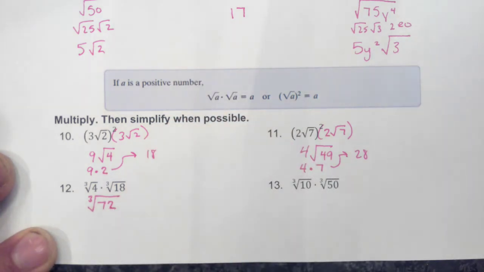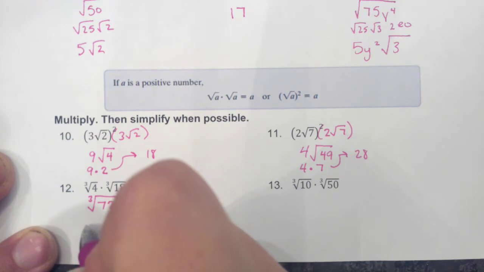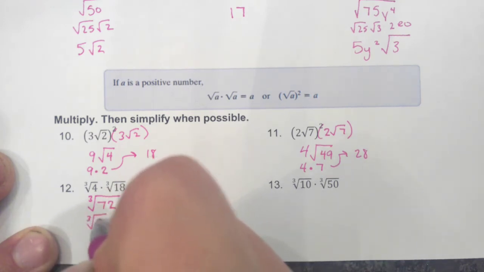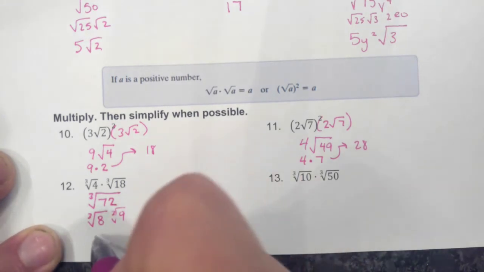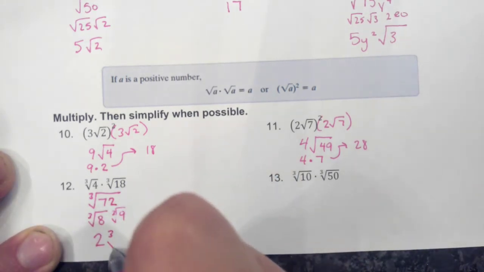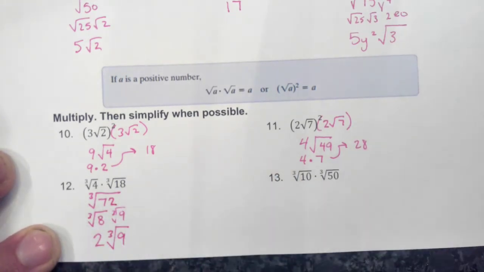What perfect square, or not square, what perfect cube, divides 72? Well, 8 divides 72. It's a perfect cube. 8 times 9 is 72. What's the cube root of 8? 2. The cube root of 9, remember, does not simplify. That's not the square root of 9, it's the cube root